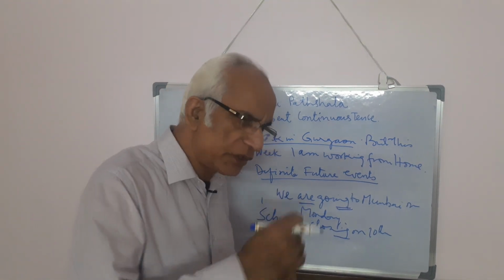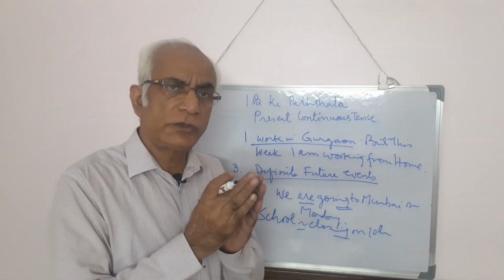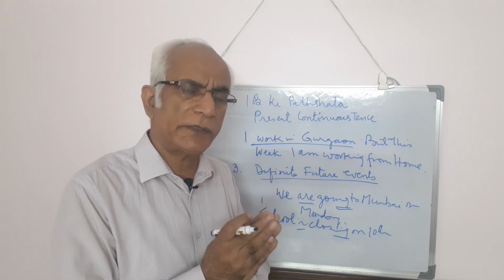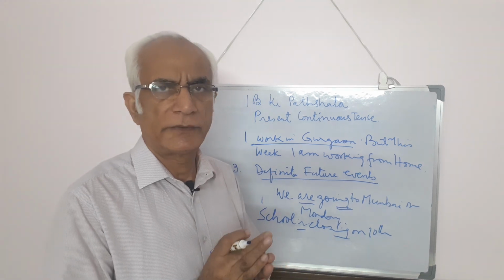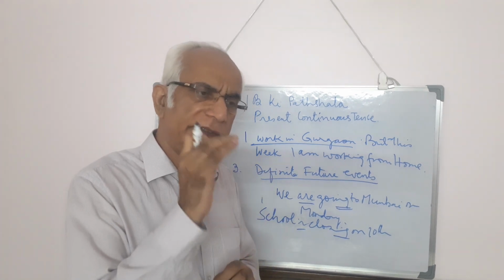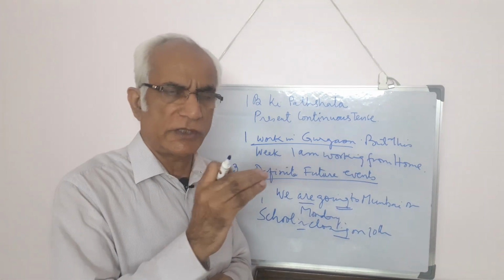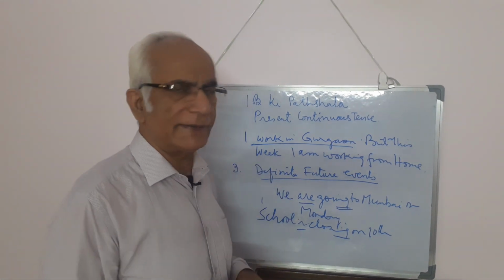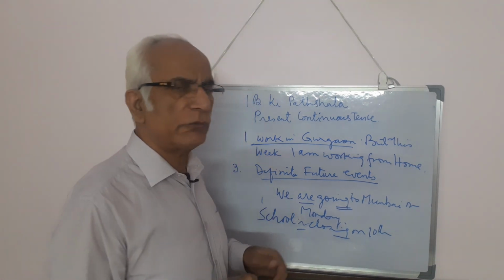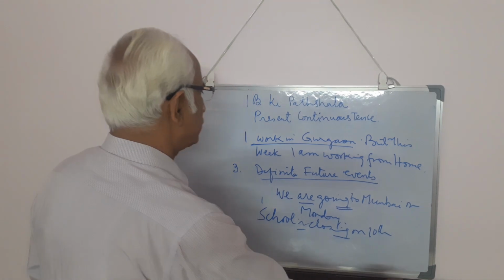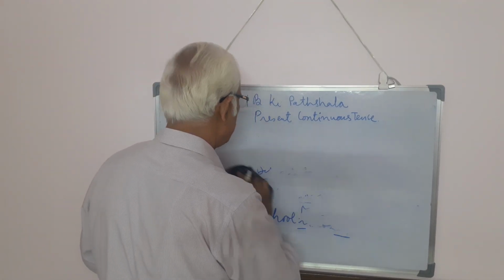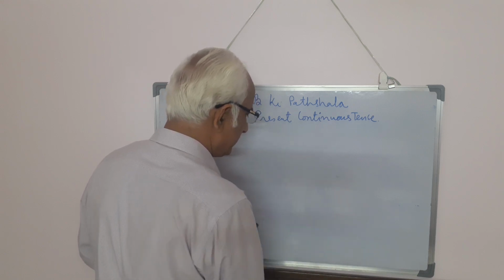And for the future events, when you know the program, when the activities are scheduled to happen at a fixed point of time, at a known point of time, when you know the activity will happen at this particular time in future, you can use present continuous tense. Okay? So these are the three situations where we normally use present continuous tense, and the structuring is, I'll just recapitulate the structuring. We use the subject